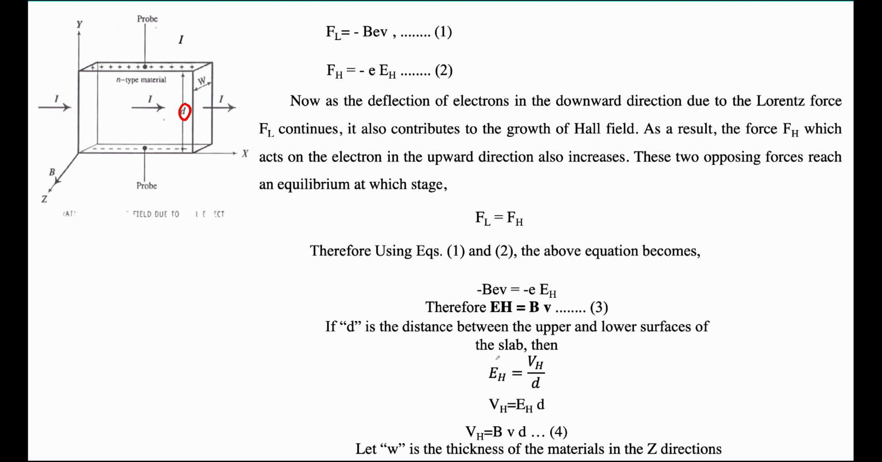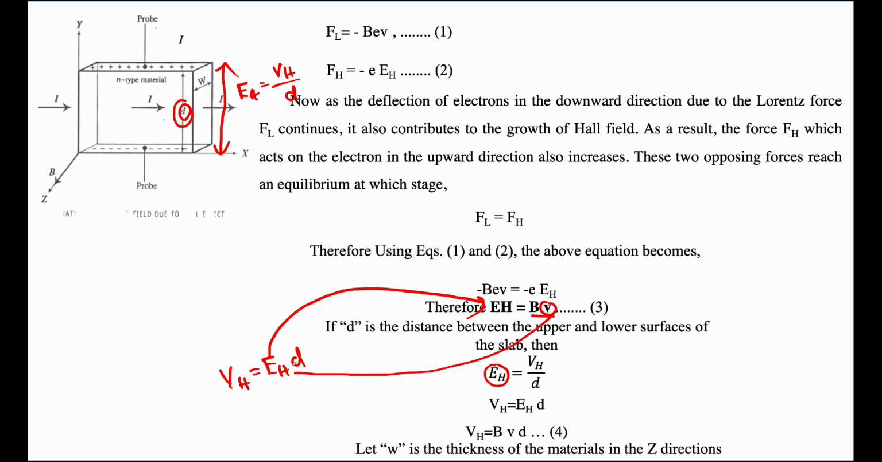Now EH is the electric field which is generated between these two plates, so EH is equal to VH, Hall voltage, divided by distance D. So D is the distance between these two plates; VH is voltage, while this V is for velocity of the electron, so don't get confused. VH is equal to EH into D. We already know EH is B into V. Just substitute here and we will get Hall voltage VH equals magnetic field into velocity of the electron and